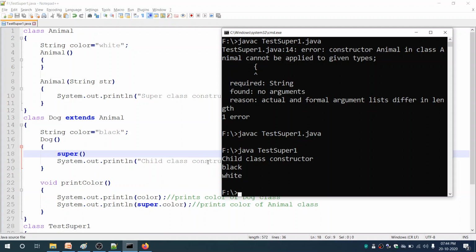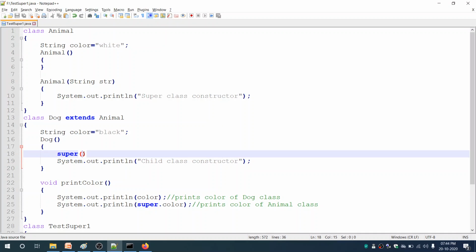Now suppose you want to call the parent class constructor which takes an argument, that is the second constructor, then you can go for the super keyword. You have to define a super keyword.